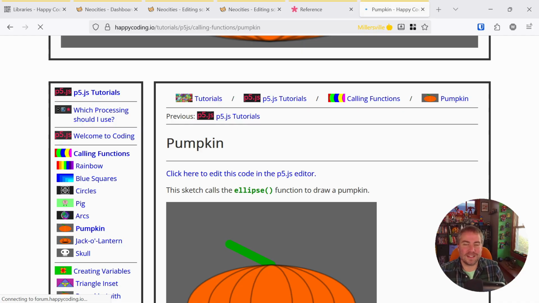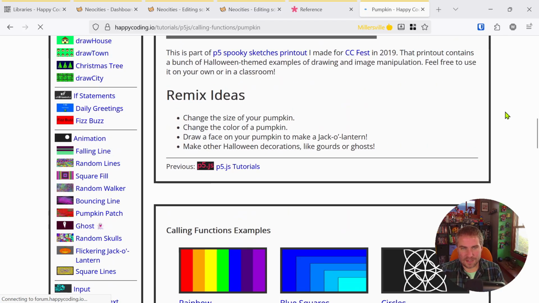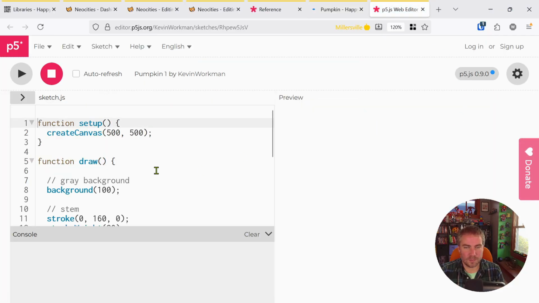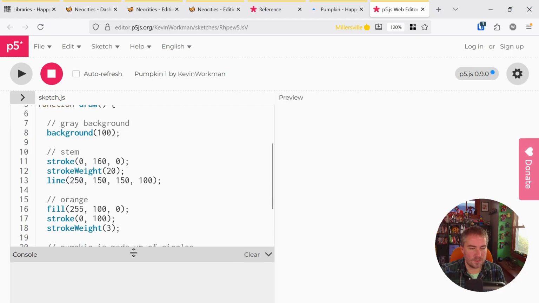So I didn't intend for this to be a meta lesson, but this is one thing you have to be aware of: when you use a JavaScript library, if you're loading it from an external website, it can be a little slow. That's interesting. But anyway, let me just click this button to go to the code directly. This is in the P5 editor. We won't really be using that, but the idea is the same. Here is